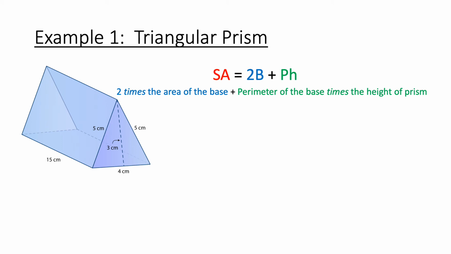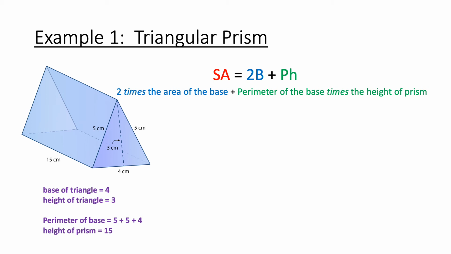We start with the formula, 2 times the area of the base plus perimeter of the base times the height of the prism. The base of the triangle shape, as you see, is 4. The height of the triangle is 3. The perimeter of the base is 5 plus 5 plus 4, or 14. And the height of the prism, or the line connecting the 2